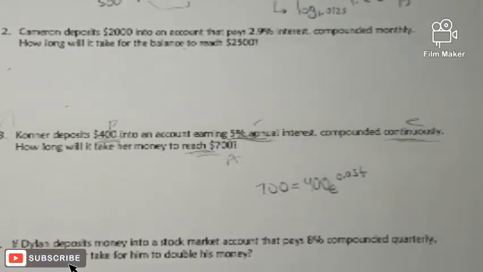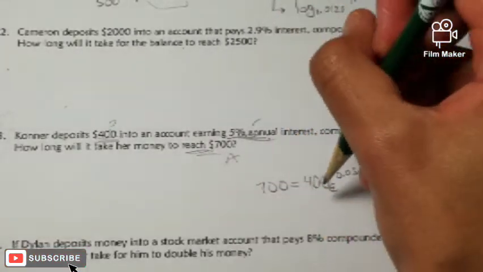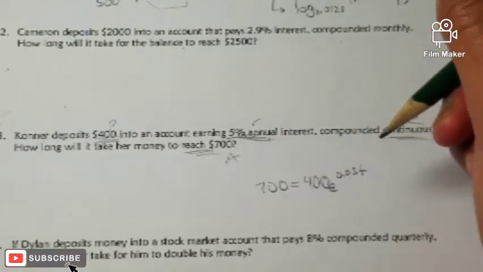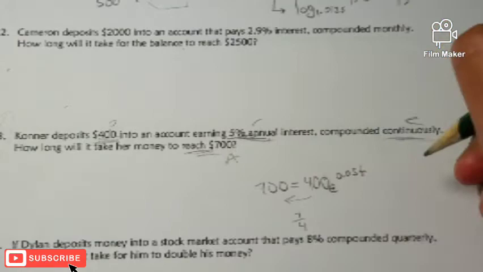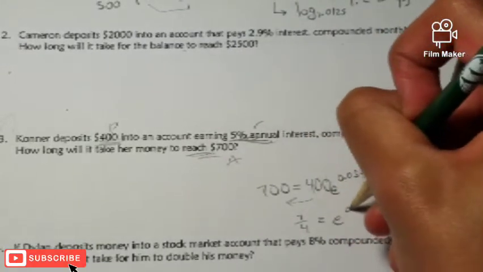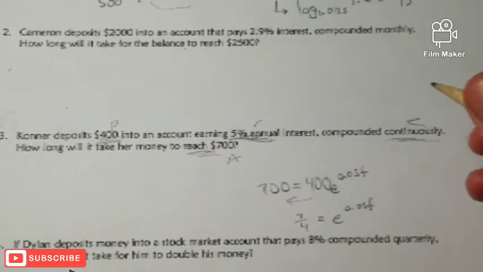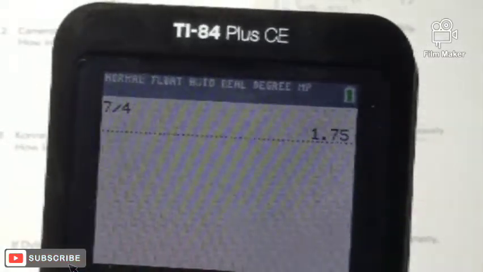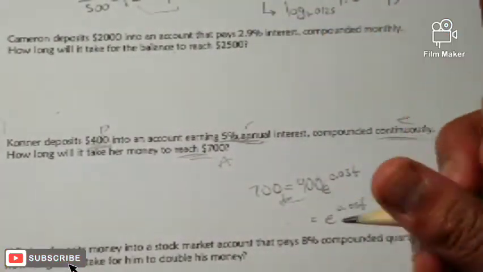So we need to do the same thing. We have to use logs for this. I'm going to go through it a little quickly. Same thing, divide by the 400 and put it into the 700 here. And here we got 7 over 4 pretty much equals E to the 0.05 t. So 7 over 4, put in the calculator to see if you can get a standard thing, and yep, you do. 7 over 4 gets 1.75, so I can just replace this right here,